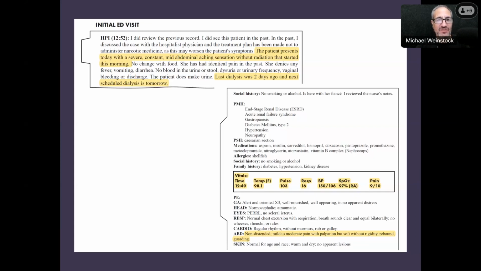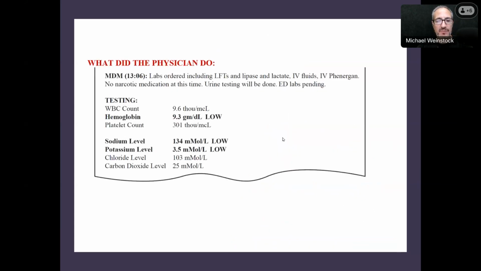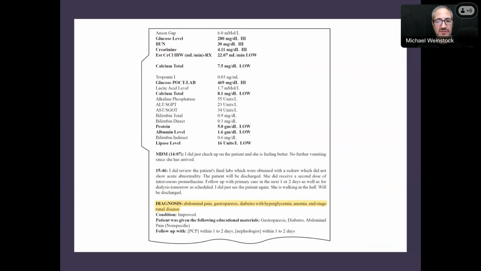And don't think of it as a bounce back patient. Just think about it as your average patient, mid-abdominal pain, doesn't sound like there's surgical abdominal findings on physical exam, and she has had identical pain in the past. And while we're doing that, I'm going to pull up her labs here so you guys can take a peek at those. Thanks, Mike, for the opportunity to comment.